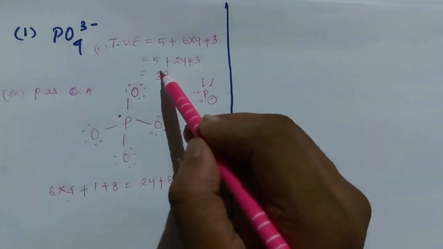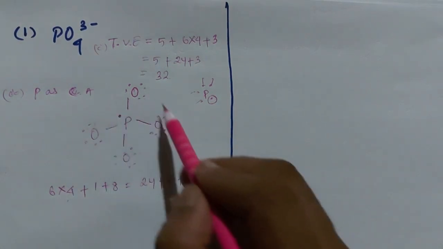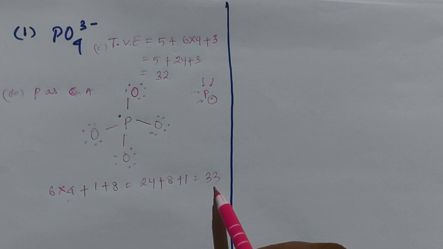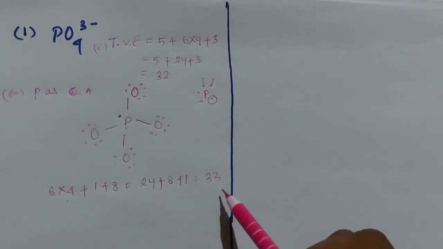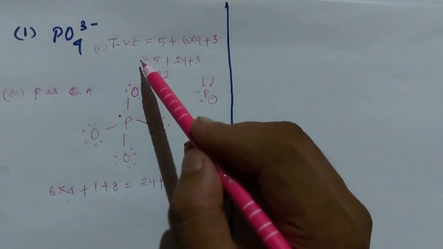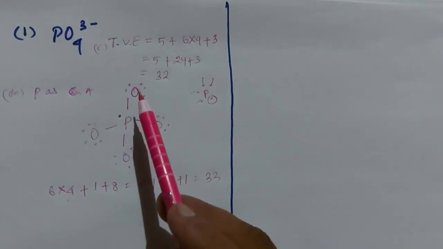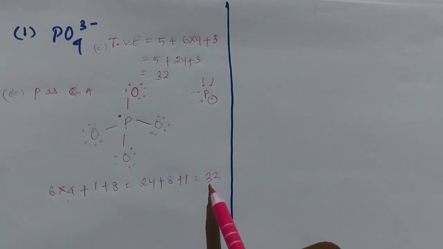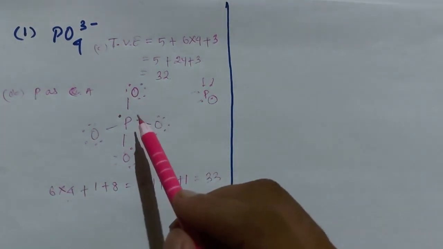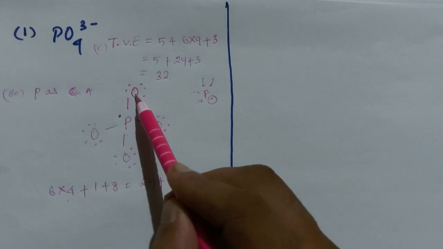Next step is to compare this total electron count with the total valence electrons. Here the total valence electron is 32, and the total electrons after drawing this structure is 33. That is exceeding by 1; the difference is 33 minus 32, that is 1. Whatever difference we get between total electrons and total valence electrons, we add that many bonds between the central atom and terminal atoms. So we will add one bond between the central atom and any of the terminal atoms.